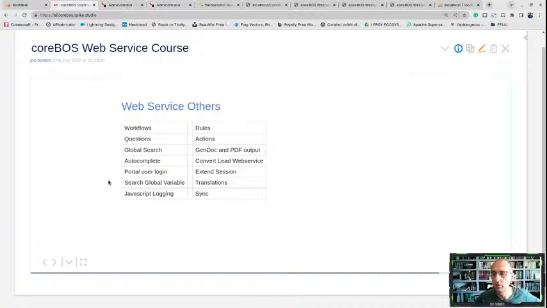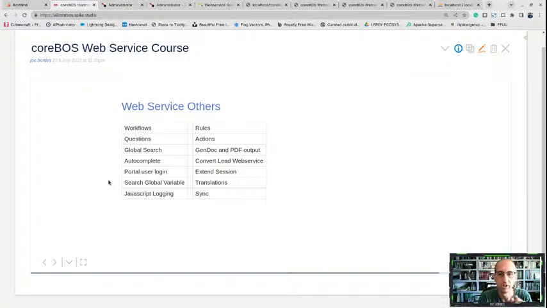Sync is nice where you are syncing information. Basically, you have an application that connects to coreBOS, gets all of the information, brings it up to date, and then a couple days later, you connect again, and you call the sync endpoint, and you basically are asking coreBOS, give me a list of all of the changes that have happened since the last time I was here. And it will give you all of the records that have changed, and which ones have been deleted, and what has changed, and everything. So you can kind of keep a mobile app with information in sync without being constantly